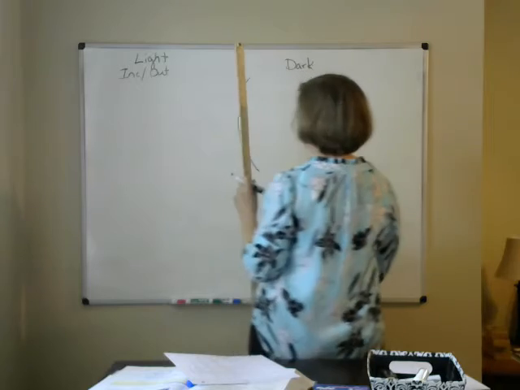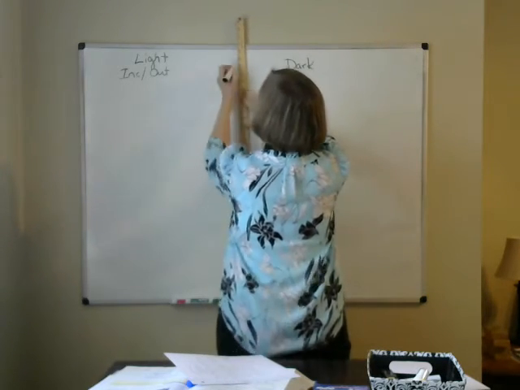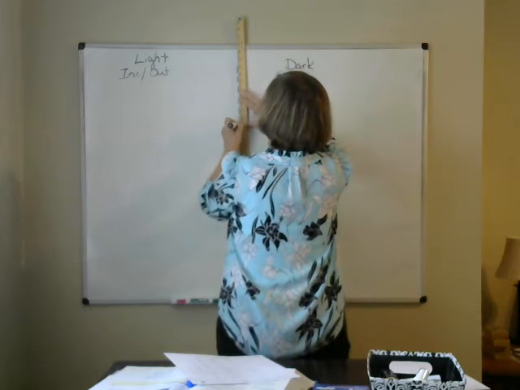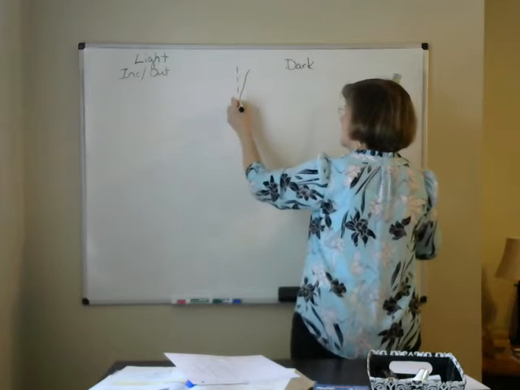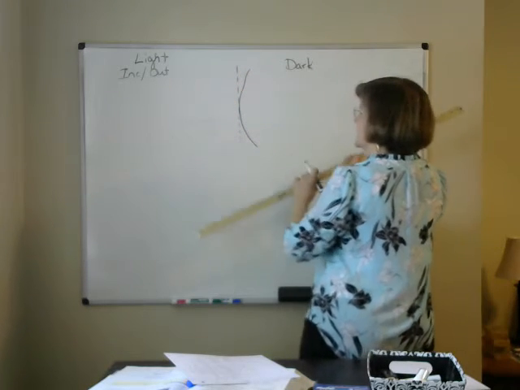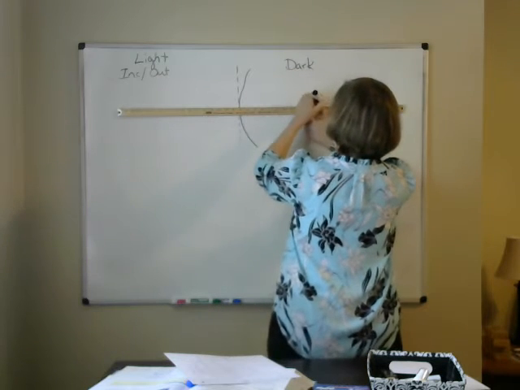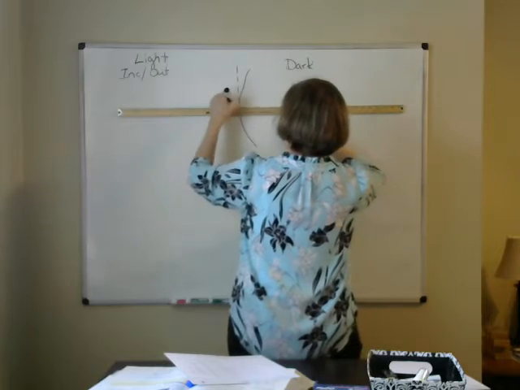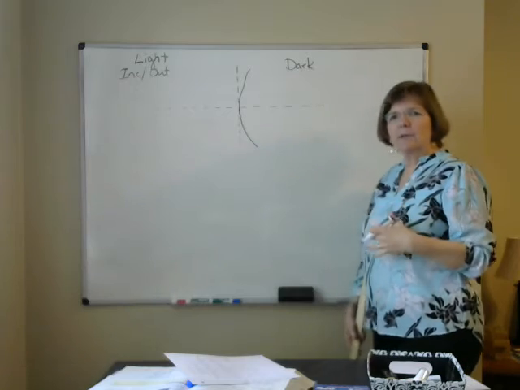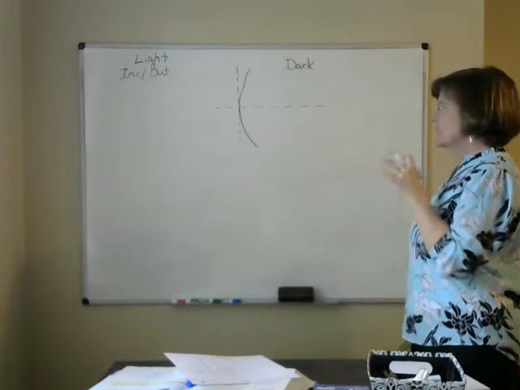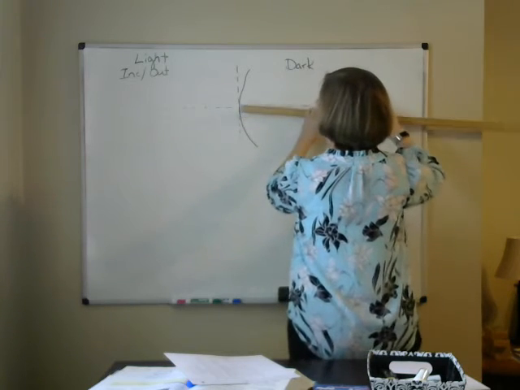Okay? That's not very pretty. I'm going to draw a straighter line. Okay. Now what's different is if I draw the optic axis here, when you have a convex mirror, your center of curvature and your focal point are over here on the dark side. So let's suppose this has a center of curvature